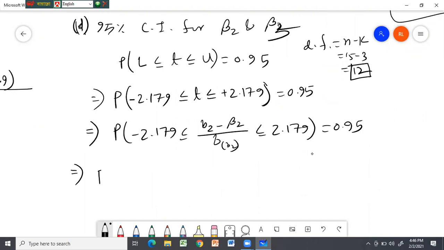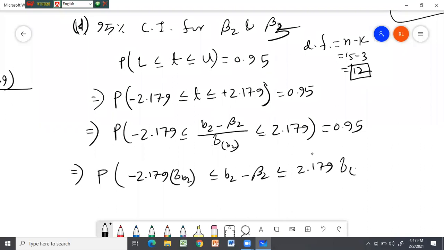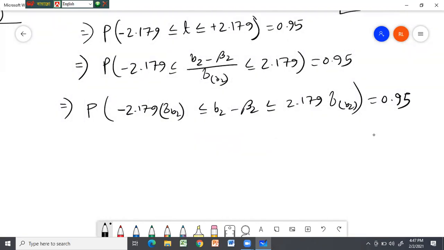And then standard deviation of the b2 will be calculated from your earlier part of the calculation. এটা তো আপনি আগে ক্যালকুলেট করে আসতে হবে পার্ট বি তে আপনি স্ট্যান্ডার্ড এররস অফ ইউর এস্টিমেটস অর্থাৎ b1 b2 and b3 এর যে স্ট্যান্ডার্ড এরর আছে সেটা আপনি আগে ক্যালকুলেট করবেন and then that calculation will be given here in the denominator portion, okay, and this will be multiplied with -2.179 standard error of the b2, and this would be also multiplied with here, and then from here